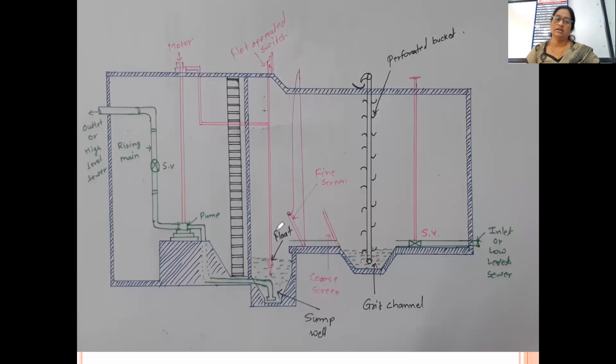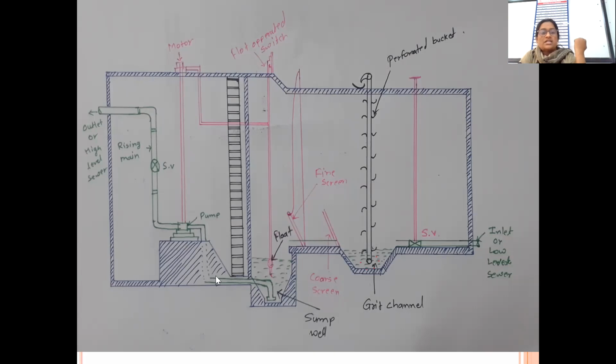So this is the pumping station that usually needs to be constructed for pumping wastewater from a low-lying to a high-lying area. Whenever the entire sewage is collected at the low-lying area and the treatment plant is at the high-lying area, such kinds of pumping station need to be designed. I request everybody to draw this picture, and if you have questions, you can ask.